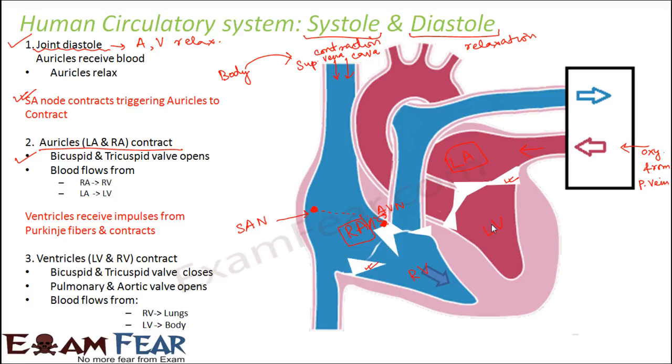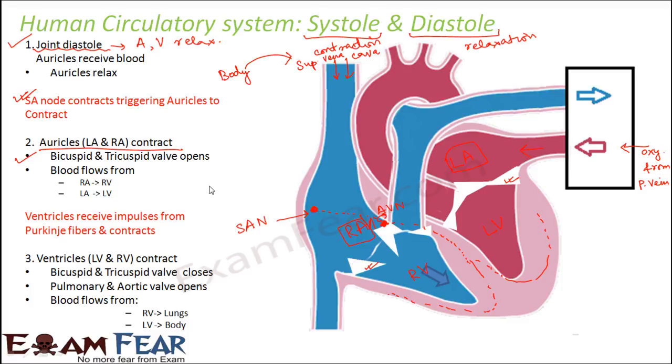Right? Now, as the blood flows into the ventricles, at the same time, the SAN, which had generated the action potential or the electrical impulse, now that also starts to get conducted. So, from the AVN node, it reaches the AV bundles, and from AV bundles it actually reaches the bundle of His, something in this fashion. So the electrical impulse also gets conducted gradually,